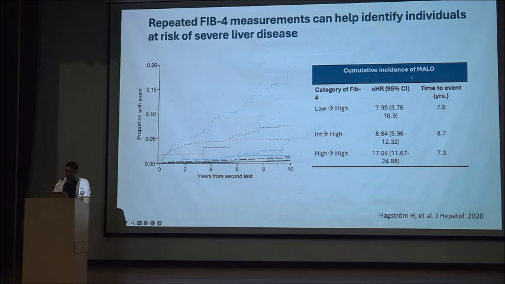And the cumulative incidence of MALLOW based on the category of FIB4, that is once they become from low to high, the incidence was 7.9 times higher, with the time to event development of major liver-related event of 7.9. Even those who had baseline intermediate moving to high FIB4 score within 5 years, they also had a higher incidence of MALLOW within 9 years. And those who have high and they remain high, they were nearly having 17 times higher incidence of MALLOW compared